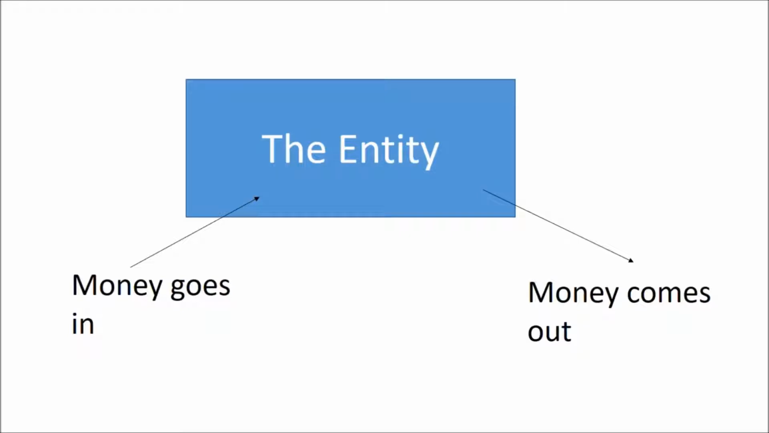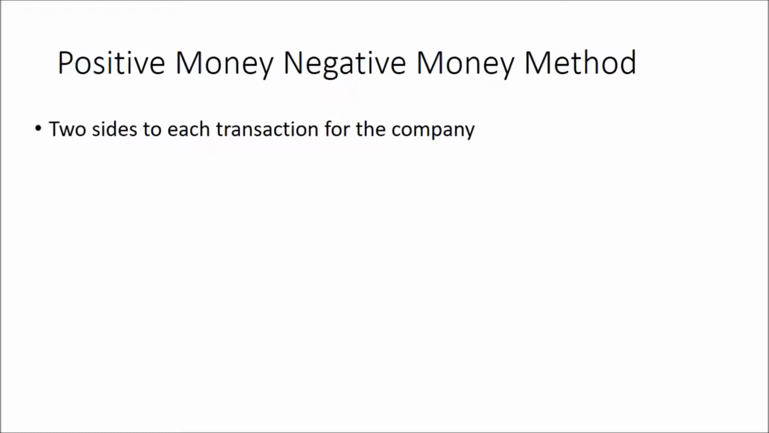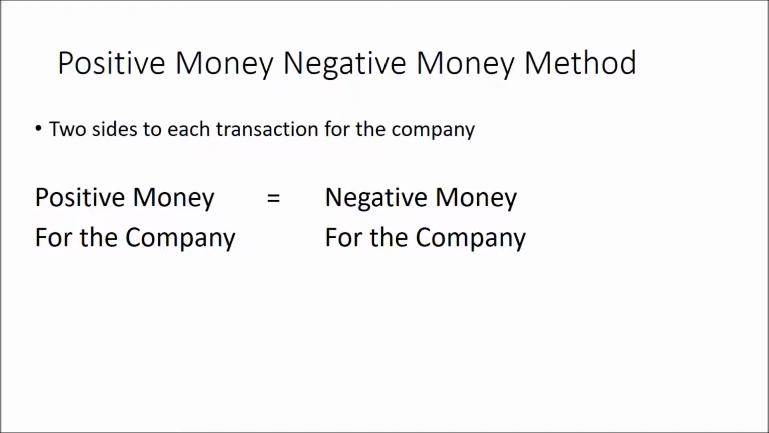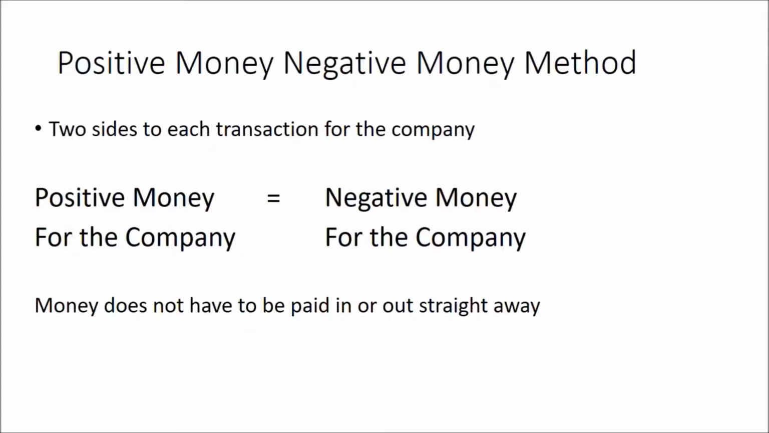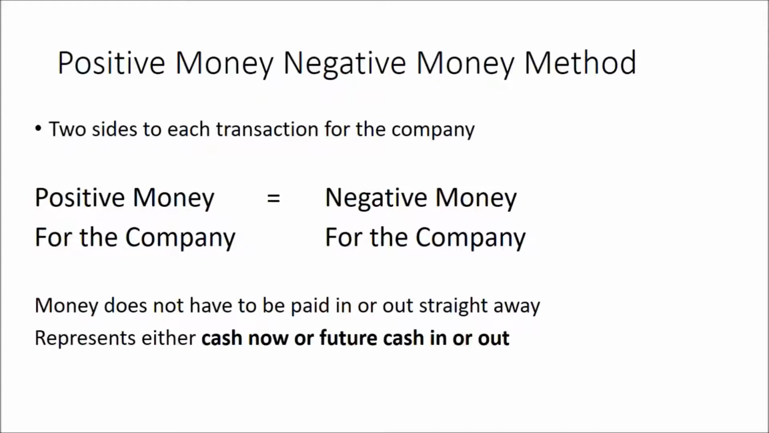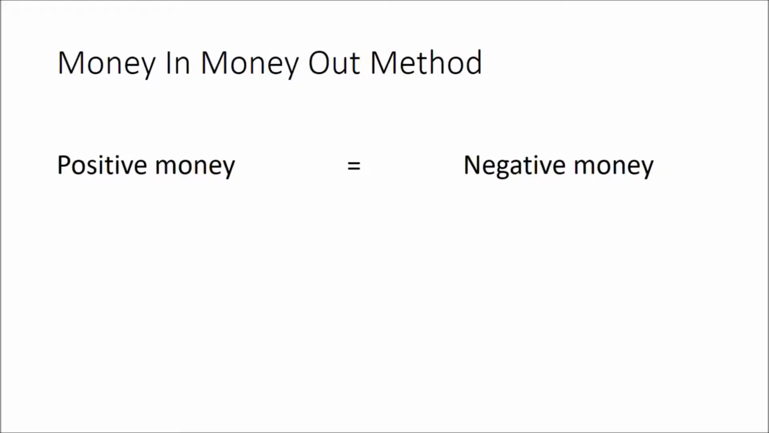So we have this thing called the entity. And in this entity, we have money going in, and we have money coming out. So we have positive money, and we have negative money. And each transaction for the company has positive money for the company, or it has negative money for the company. Money does not have to be paid in or out straight away. It represents either cash now or future cash in or out. Now in this money in, money out method,